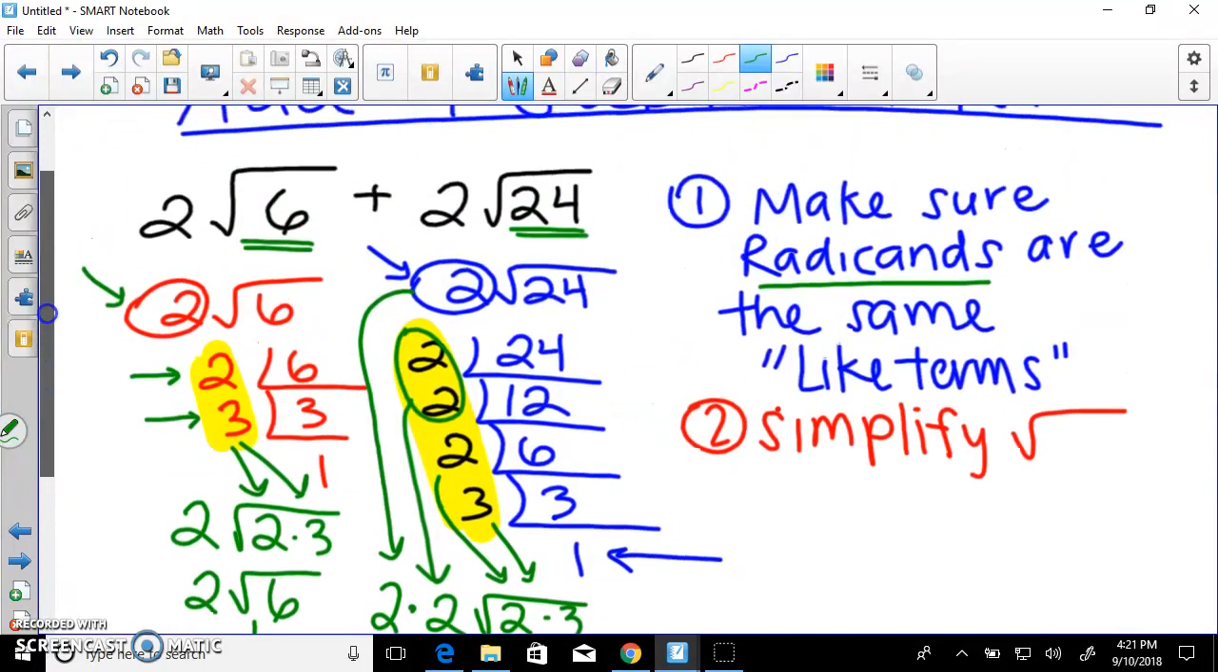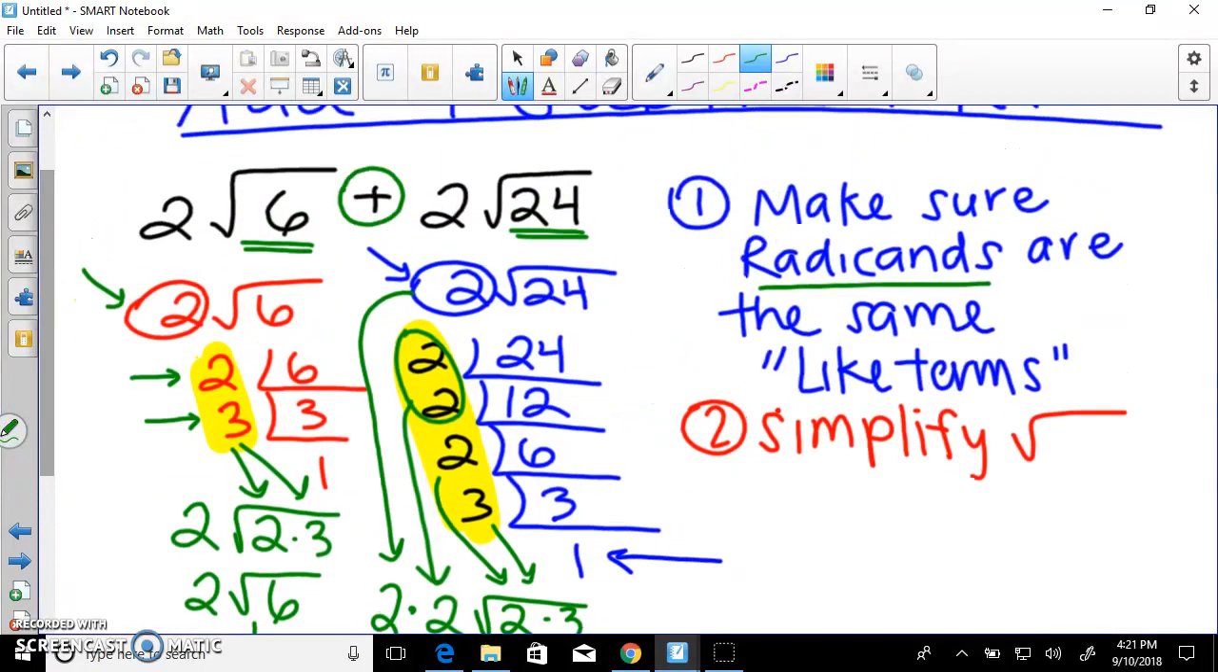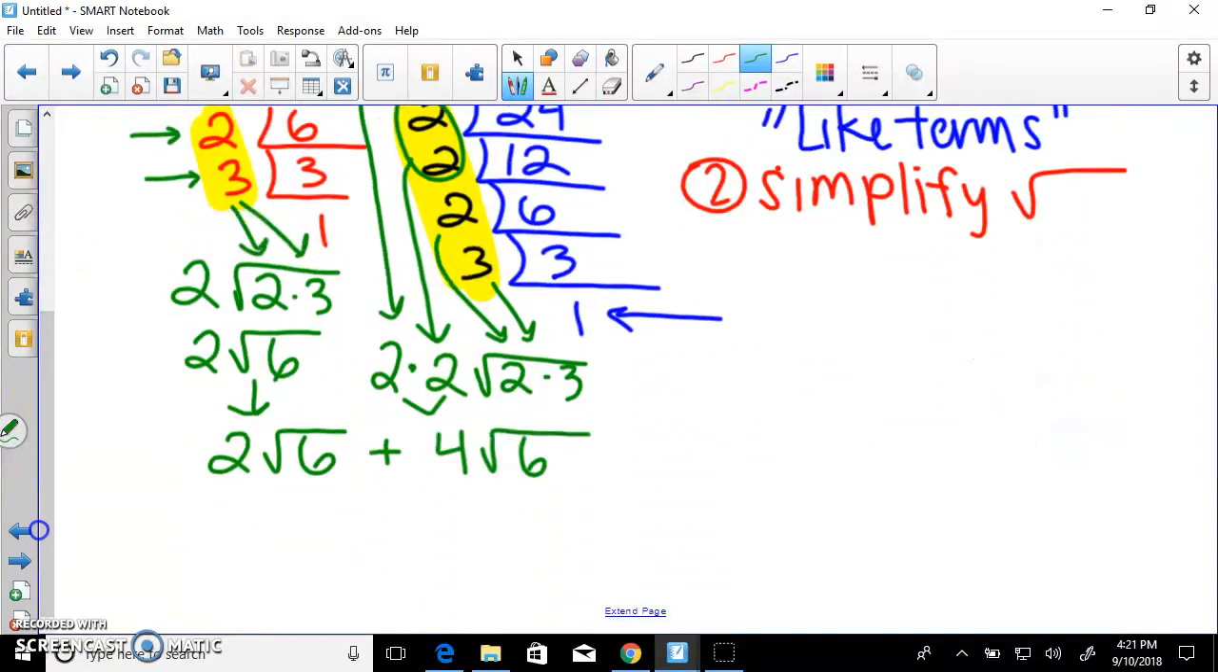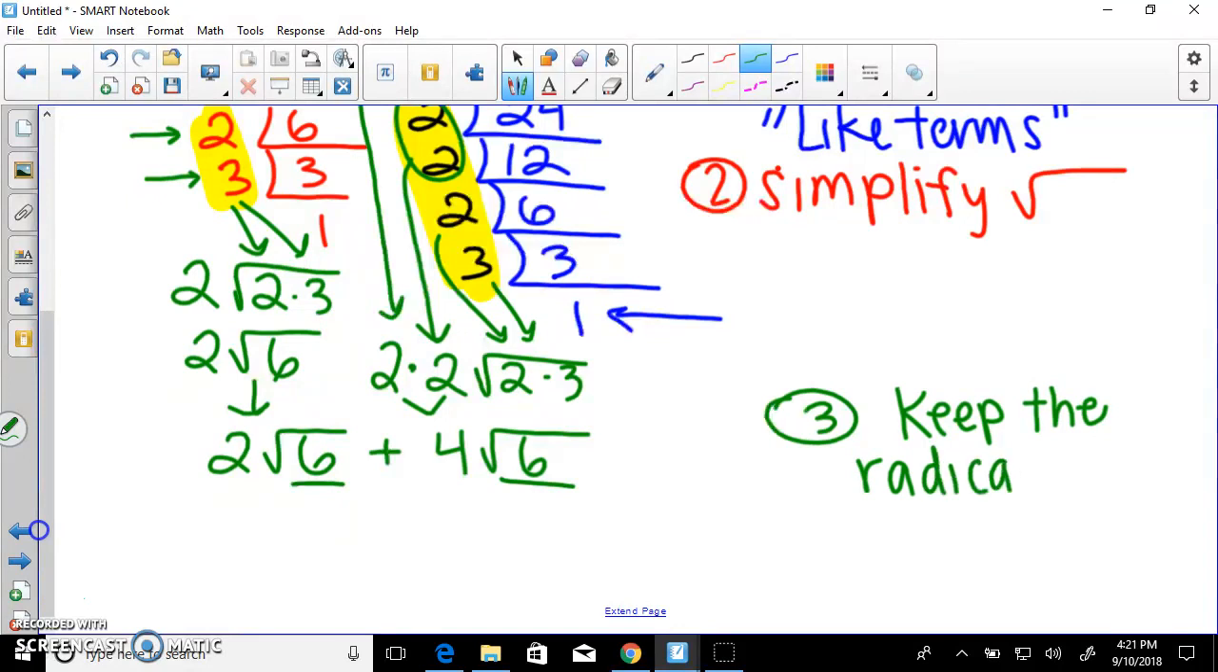Now let's look back up at the beginning and look at the operation in between the two, plus. So we're going to bring that down. Okay, so we've done step 1, we've done step 2. Now on to step 3. Now that we have like terms, so 6 and 6 underneath the radicand, we're going to keep the radicand and the radical symbol. So we're going to keep that square root of 6,